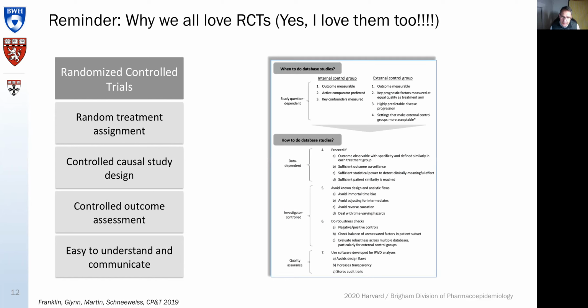Now, in real evidence studies or big data analyses, the world is different. We are struggling with any of these points, really. So we sat together with FDA and came up with a flow diagram in order to assess what kind of studies lend themselves to real-world evidence studies, and how would we do these studies in order to get the highest validity out of these